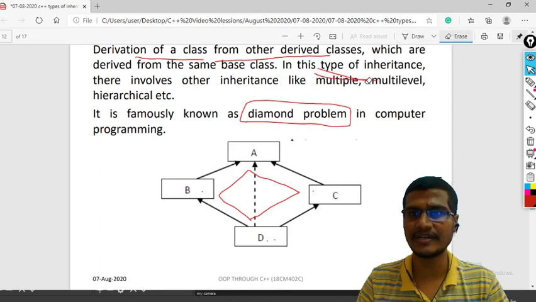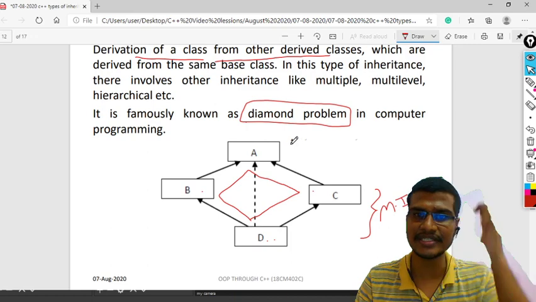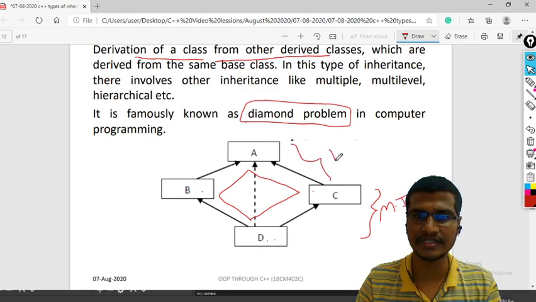So what are the different types of inheritances? Here D is derived from B and C. So a class is derived from two or more base classes. What type of inheritance is that? Multiple inheritance. And B and C are the child classes that are derived from a single base class. Then what is this type of inheritance?